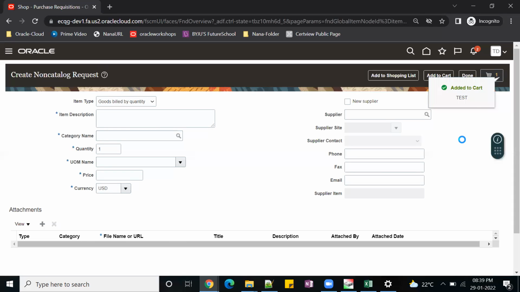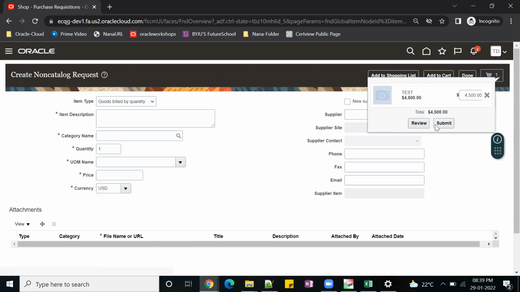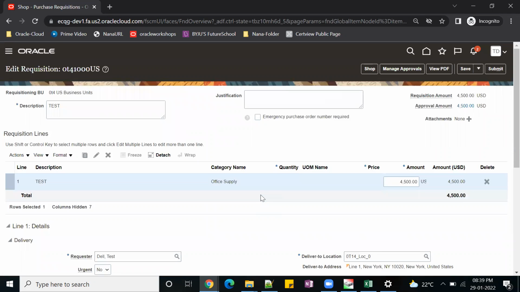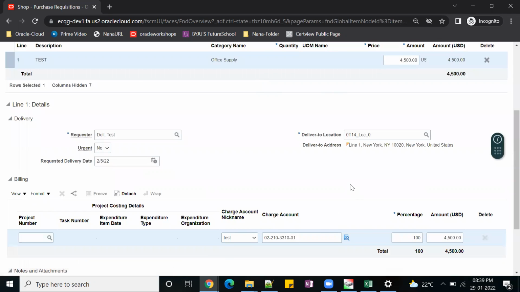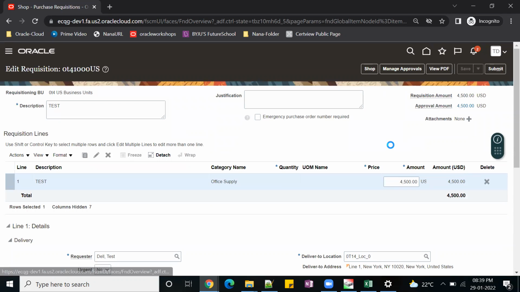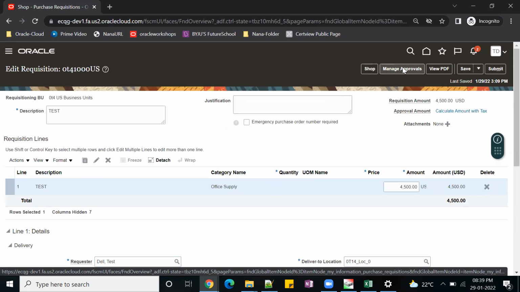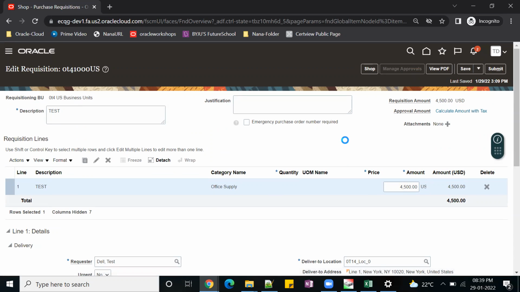If we go and edit, review this. Okay, so we got everything. Click on save. And if we go to the manage approval button,